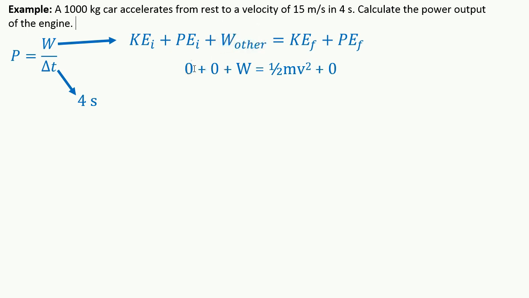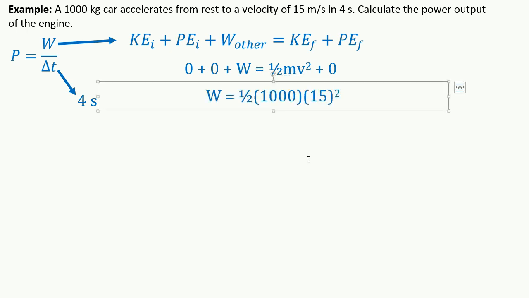So the car has no energy. It gets some energy in the form of work. And at the end, it has a new amount of energy, which will be in the form of kinetic energy. At the end, this car has some speed, but it still doesn't have any height, no potential energy. It hasn't climbed a hill. It hasn't shot up in the air. So no energy at the beginning, kinetic energy at the end. Where did that energy come from? The work that was done by the engine, converting that energy from the gasoline into this kinetic energy.